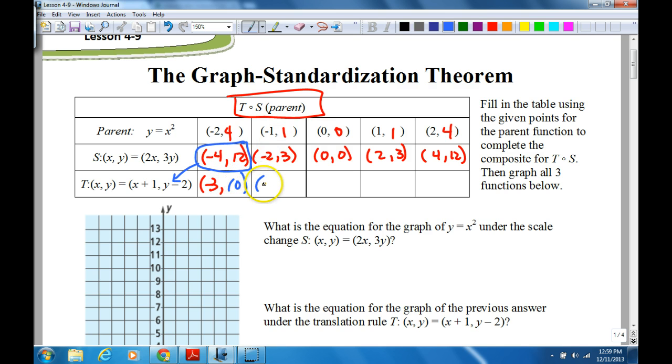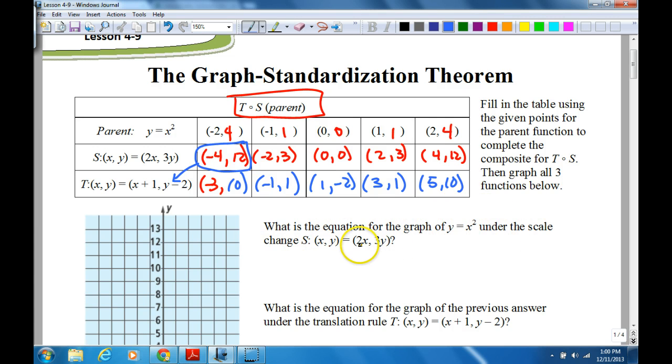1. Negative 1. 1. 1, negative 2. Good. 3, 1, 5, 8. Good job. All right, so now this says, what is the equation for the graph if we do a